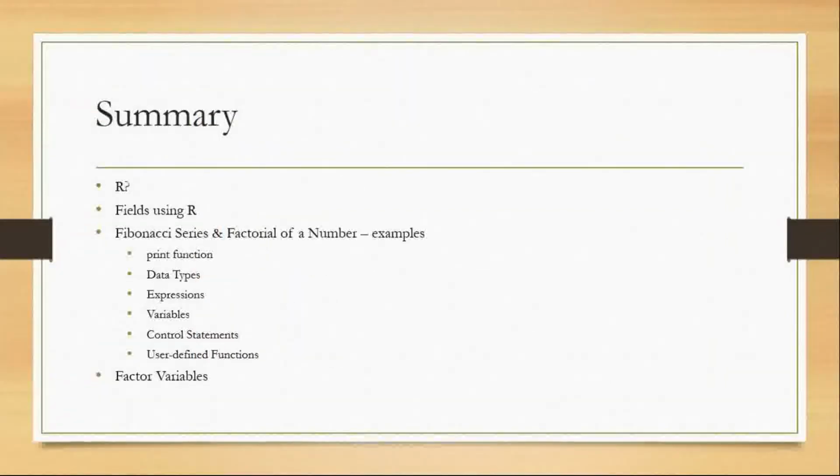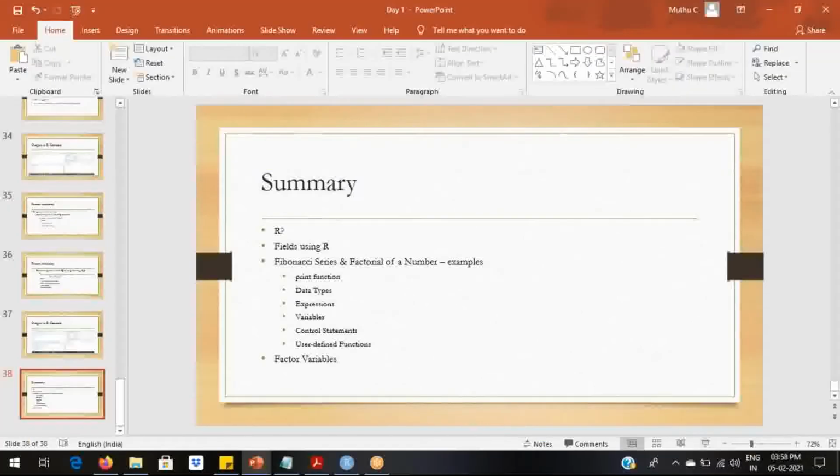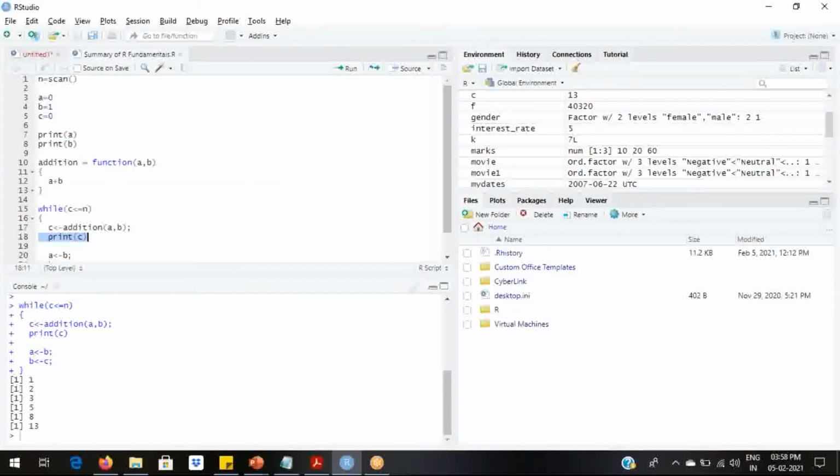Then data types. So here we are using integers, expressions. A plus B is the expression. For variables, we are using A, B, and C. The control statement which we are using here is the while statement. And the user-defined function that we are using here is addition. So as you can see, we have summarized all the concepts that we have seen in today's session in the